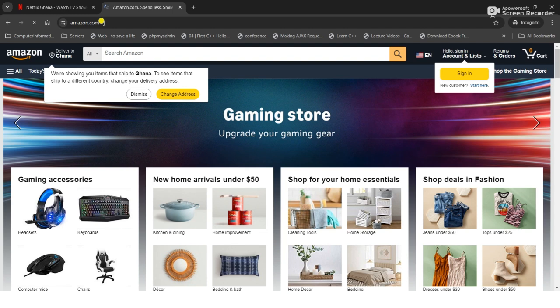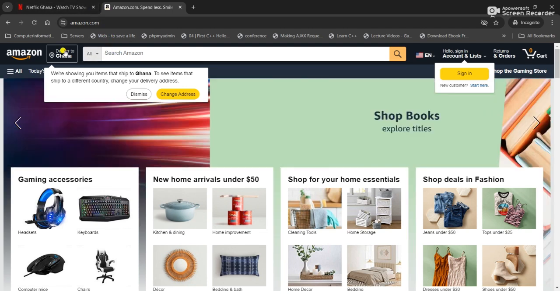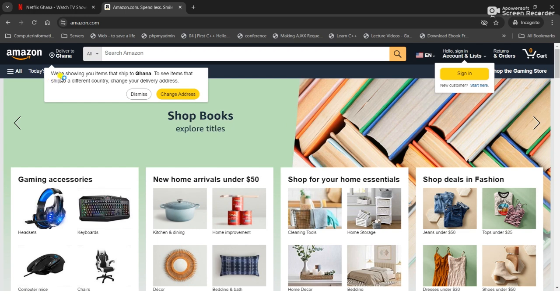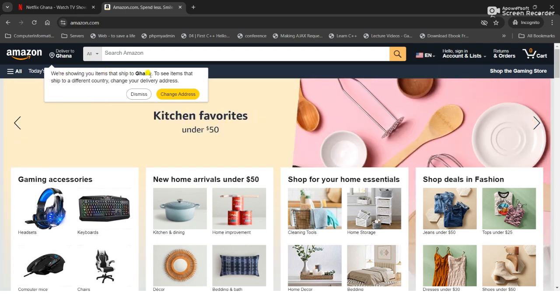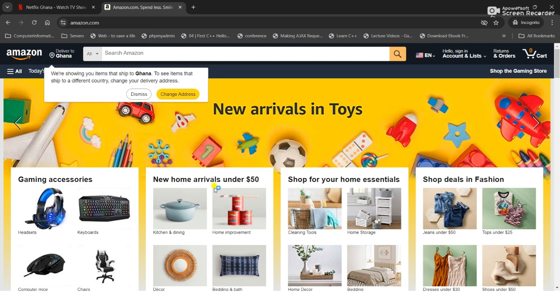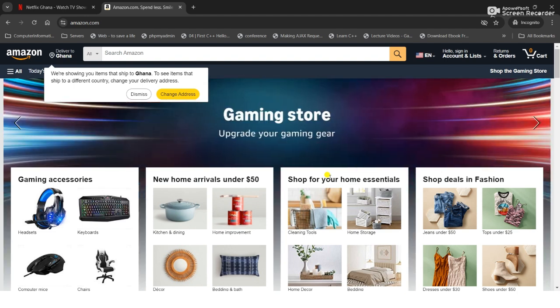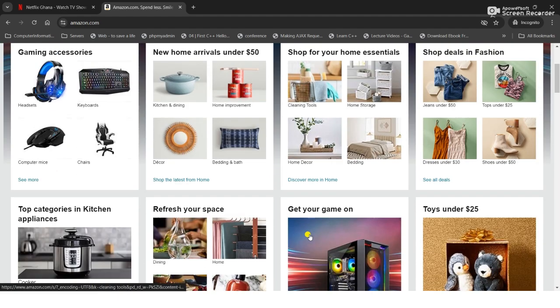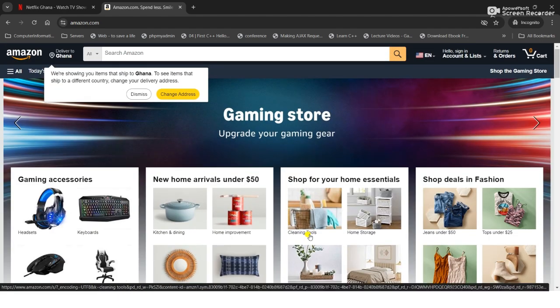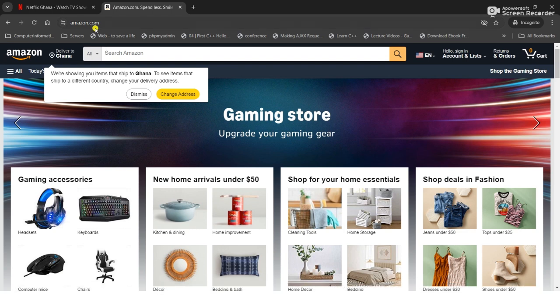Good. So Amazon also is able to filter out your location, and it tells you, hey, deliver to Ghana. It says we are showing you items that ship to Ghana. So that means there are items on the Amazon platform, or in their data centers, that they don't ship to Ghana. But because you are coming from Ghana, they want to let you know what they can ship to Ghana. That could be due to supply chains, infrastructure, or their business model. So you can see something, but you can't have it, because they don't ship to Ghana. So that's a business case, and that's a very beautiful feature. That's just for Amazon.